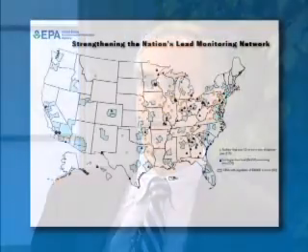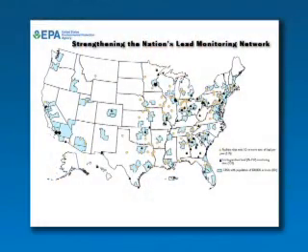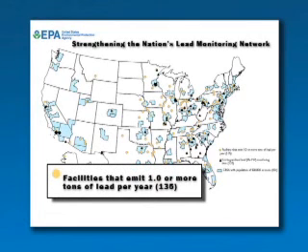Lew, monitoring is such an important part of putting these new lead standards into action. Where are the new monitoring sites going to be required? That's right, Allison. We're going to require monitoring around all lead sources where there's a potential to violate the lead NAAQS. At a minimum, we're going to require monitoring around lead sources that emit 1 ton or more of lead emissions. We call those our source-oriented sites because the monitors are going to be, in most cases, very close to the sources where the maximum concentration at the ground will be measured.